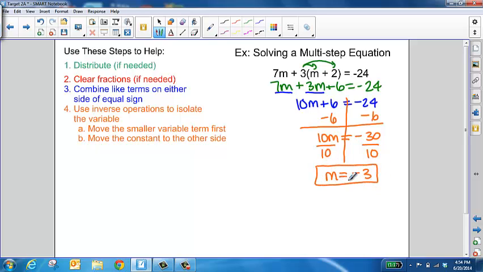Now you can always check to see if you did this correctly by substituting that negative 3 back in for the m's on the left-hand side of the equation. And after you work it out, you should be getting a negative 24. So let's just go through that really quickly. If we substitute in negative 3 for our m's,